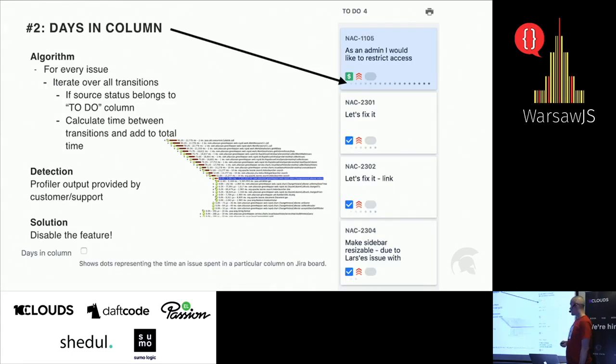Days in column feature. I'm not sure how many of you know about it, but those dots, they indicate for how long this issue was in this column. So the algorithm behind this is quite complex because you need to iterate over all transitions in the history for each issue. So if you have like 1,000 issues on your board, it will happen on each page load or each reload. And then you need to aggregate this number. This problem was detected thanks to a customer who did the work for us. As you can see, the profiler output proved to us that this is the problem and we should do